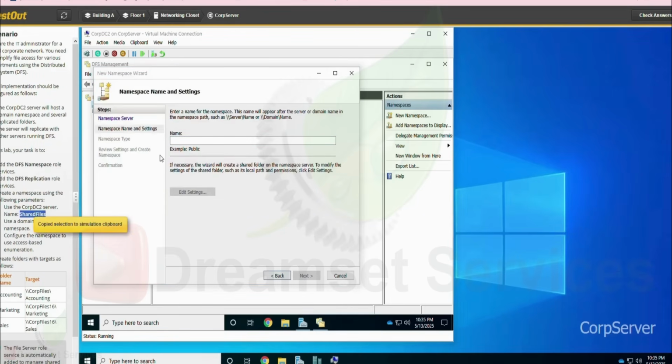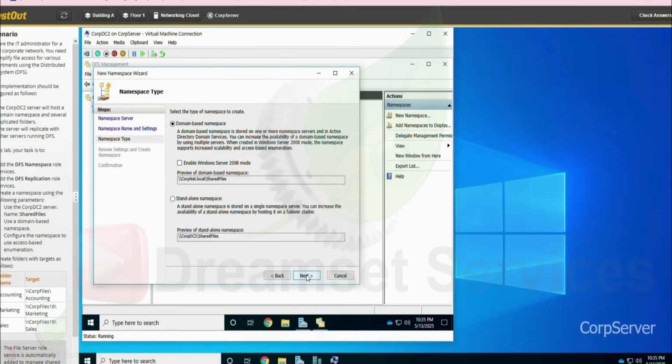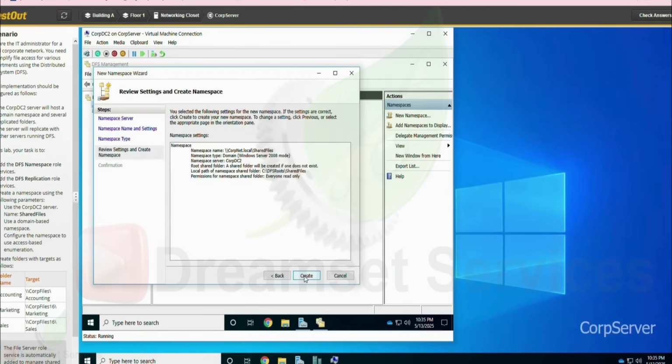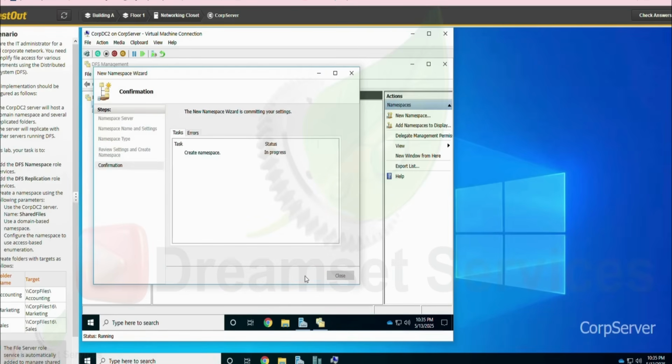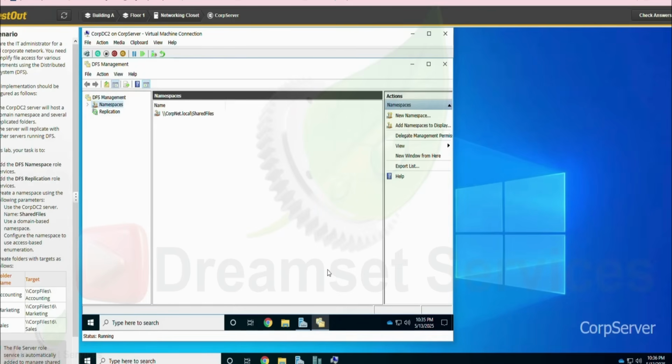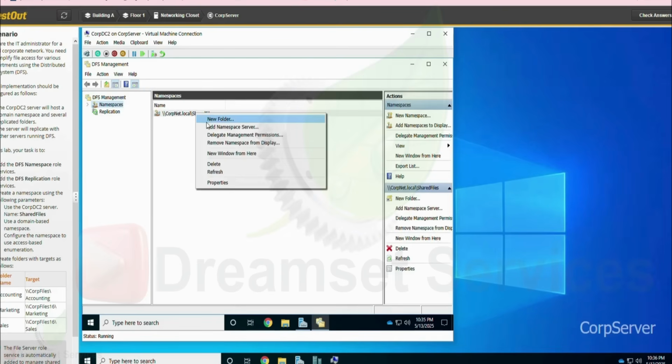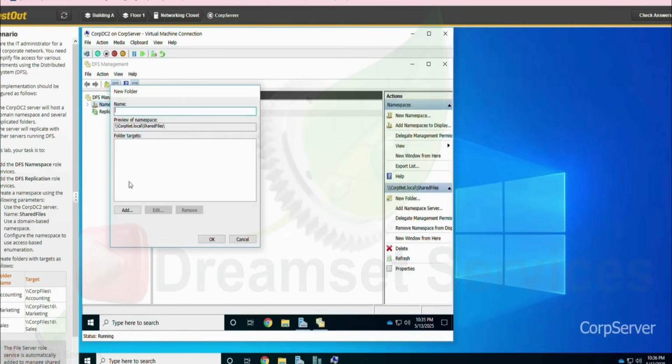So we copy this and we paste it here, and then we click on next, and check this, and we'll click on next, and then we'll click on create, and then we'll click on close, and let's click on this, click on new folder,